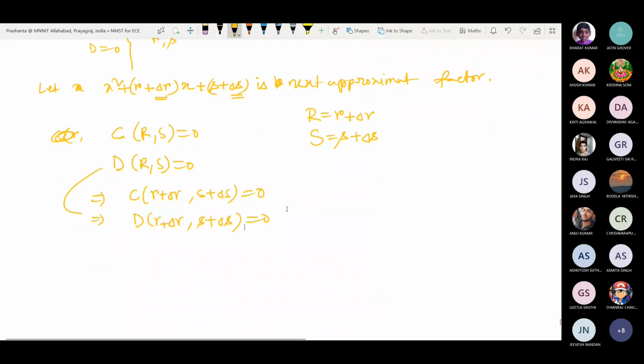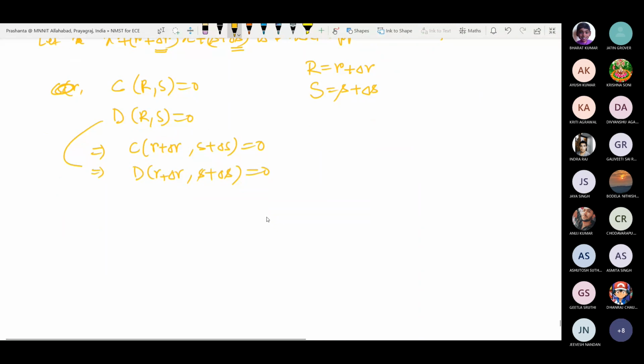Now, from here you will be writing the Taylor series expansion. Since two variables are involved, we'll be using the Taylor series expansion of two variables. If more equations and more variables were involved, then you would use the appropriate Taylor series expansion. So tell me, what is the Taylor series expansion?